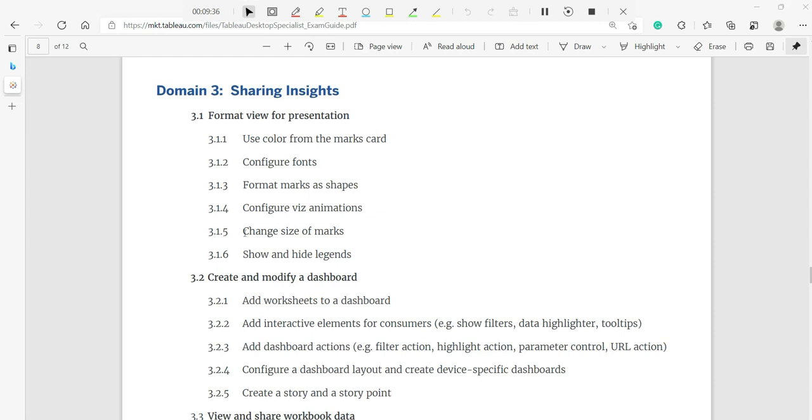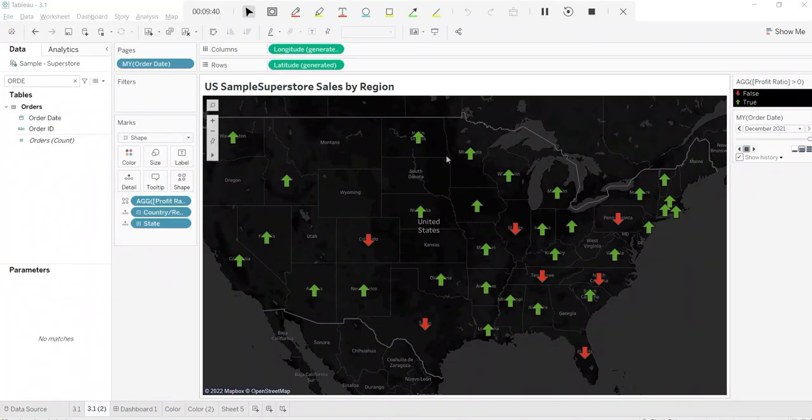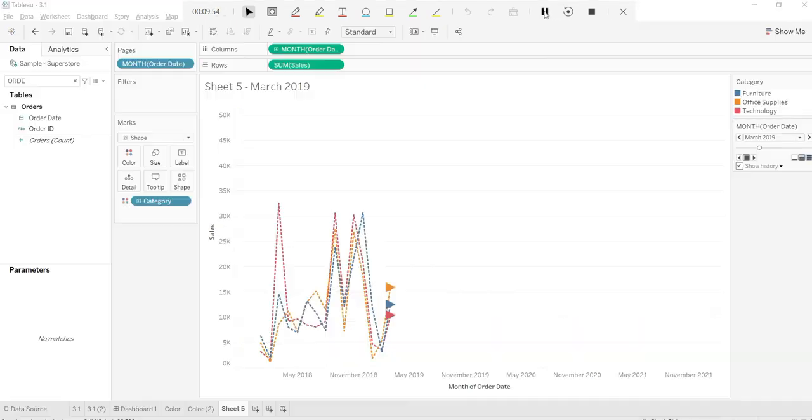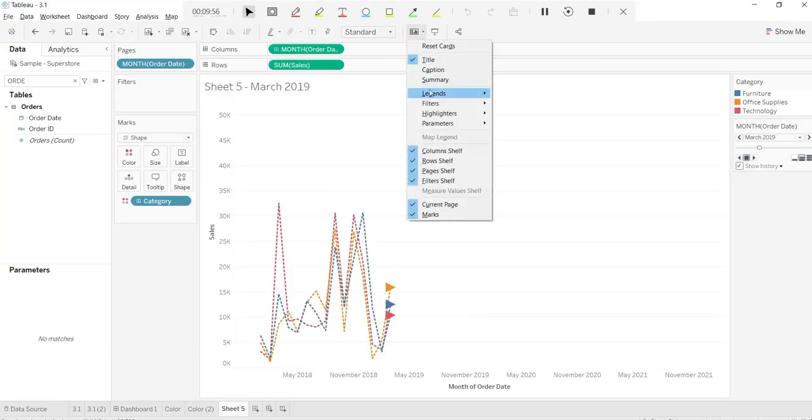We have already seen how we have changed the size of marks. So if you remember, these arrows were not visible, so we went over there and we just changed the size, right? That's simple. Last but not the least, we'll talk about how you can show and hide legends. You can always make use of this reset card like this one.